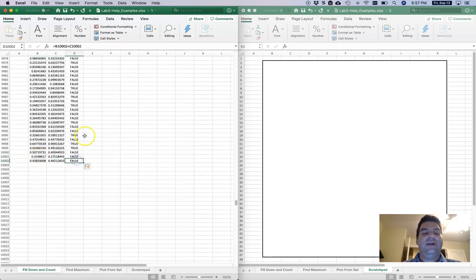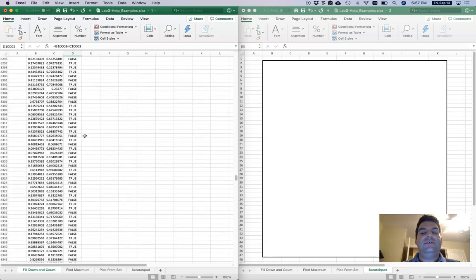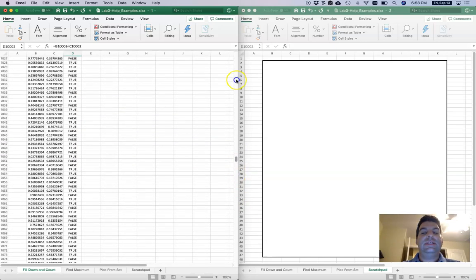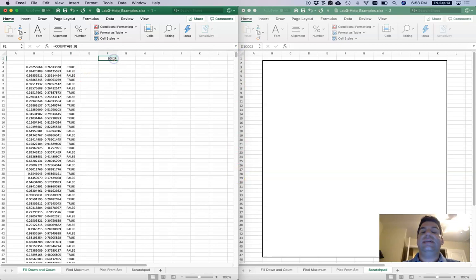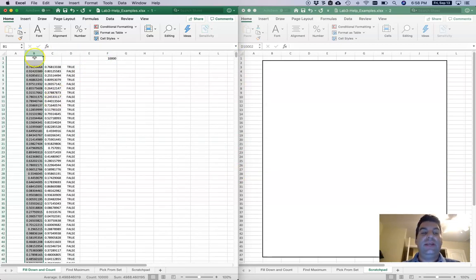So now I could say, well, did I happen to fill those 10,000 rows? And now it says, yes, you actually counted up 10,000. And of course, there are other ways that we can do this. If I just click on column B and I look down here, it actually says count 10,000. So it already shows me there's a bunch of different ways that I can confirm that I've generated 10,000 numbers